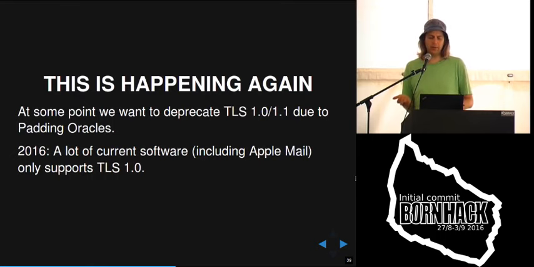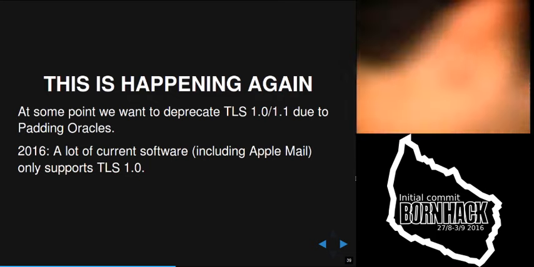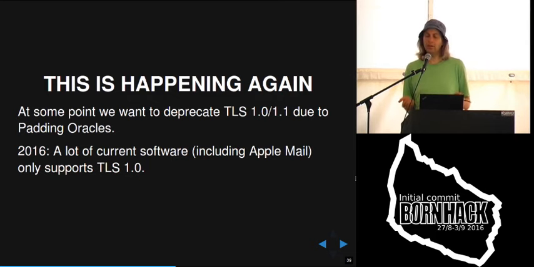Right now, we basically know that due to all these padding oracles, we may want to get rid of TLS 1.0 and 1.1 at some point. But there's a lot of stuff out there, including, for example, Apple Mail, that doesn't support anything newer than TLS 1.0. So we may get the same discussion again in a couple of years when we want to deprecate TLS 1.0.